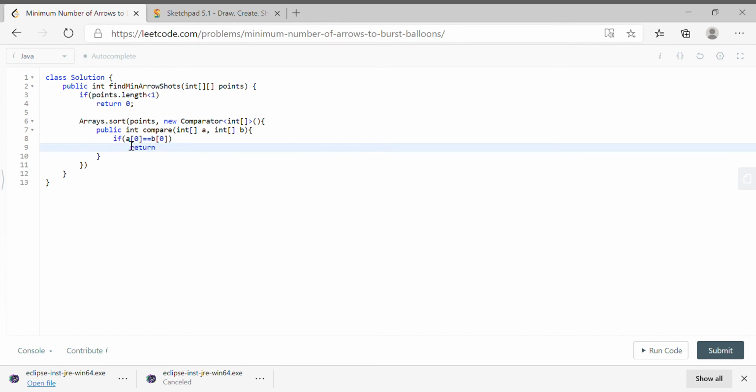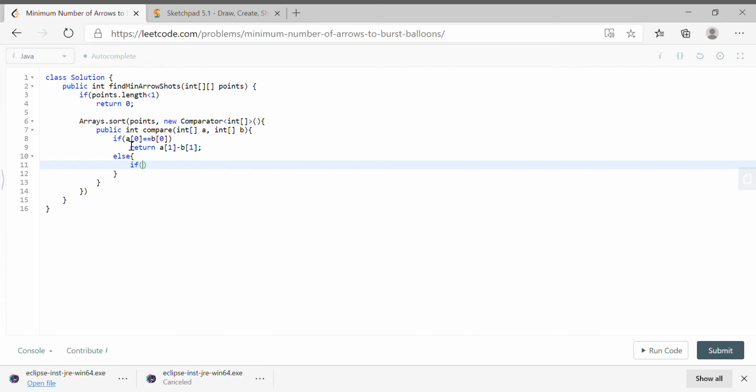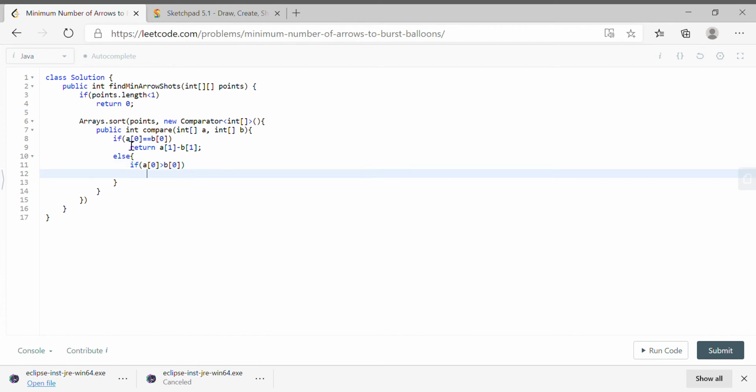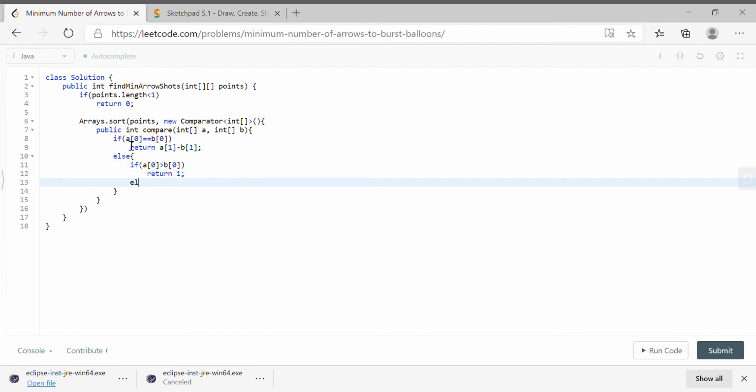return a of 1 minus b of 1, right? Else, what we need to do, if a of 0 is greater than b of 0, return 1, else return minus 1.